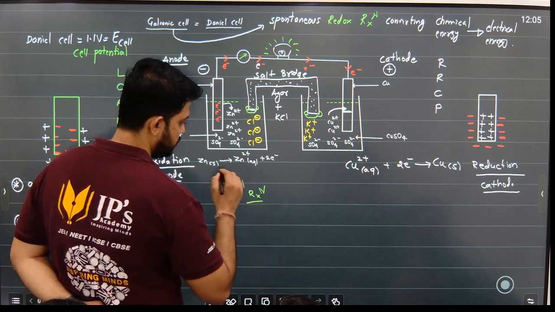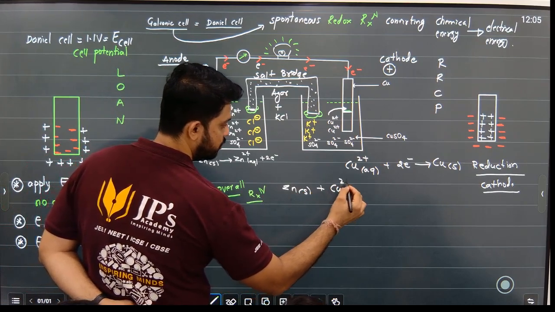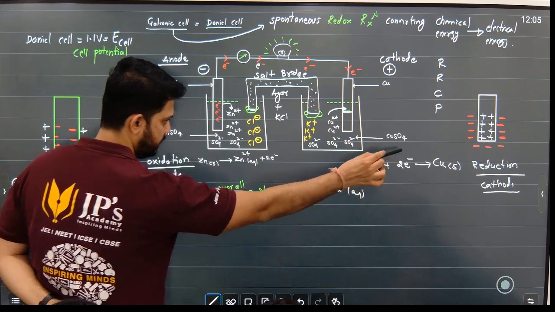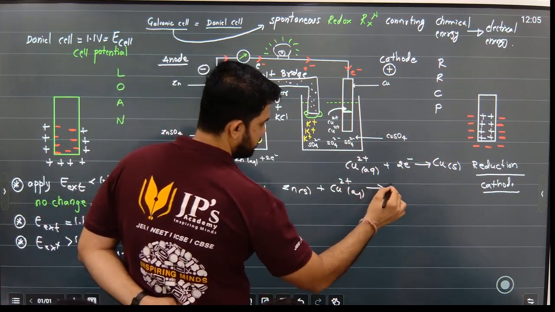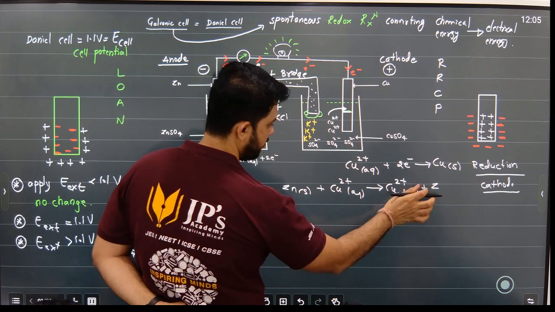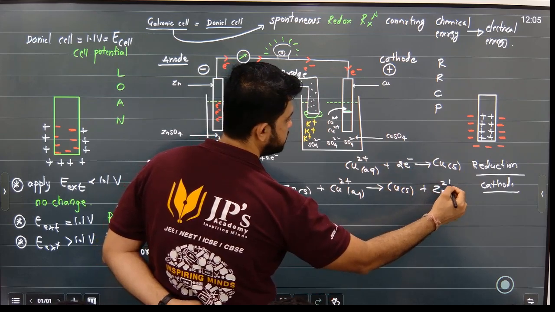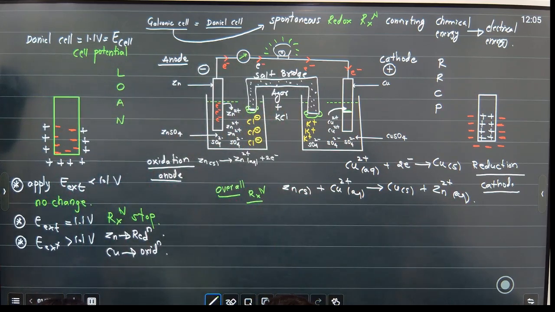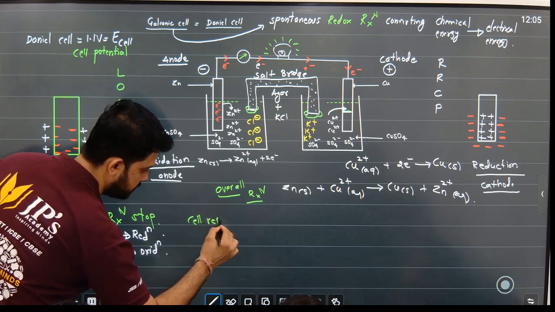Give me the reaction. So Zn solid plus Cu2+ aqueous. Will I write the plus 2e? No, why? Because this 2e and this 2e will cancel each other. That gives me Cu solid plus Zn2+ aqueous. Did everyone understand? That's the overall reaction. Now, I repeat, we write something called the cell